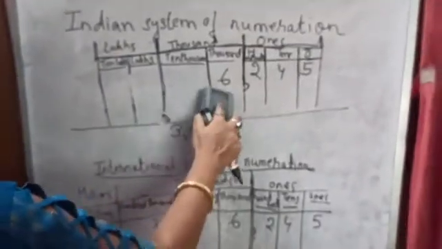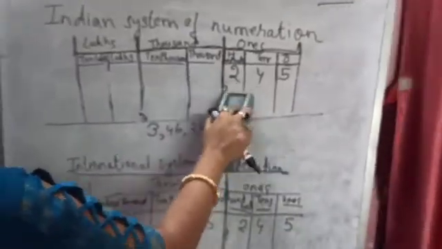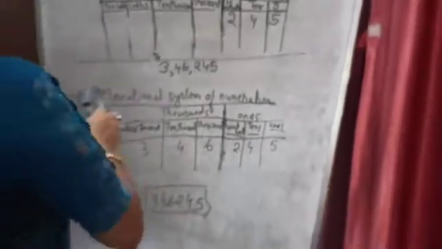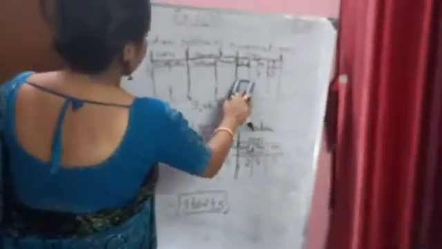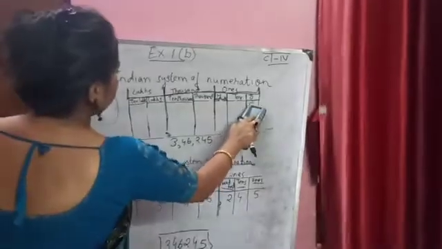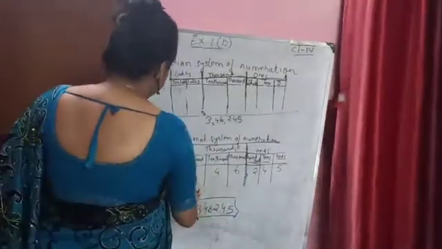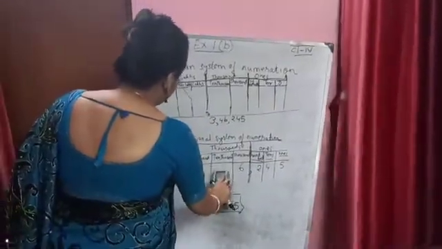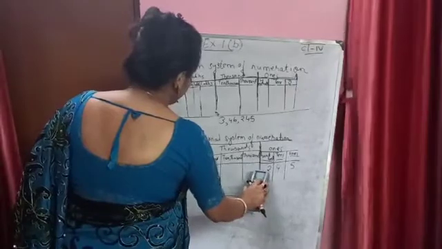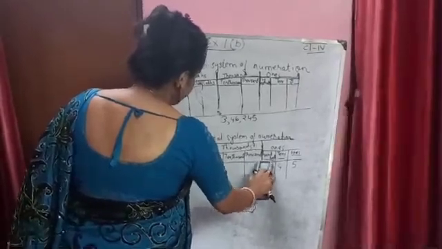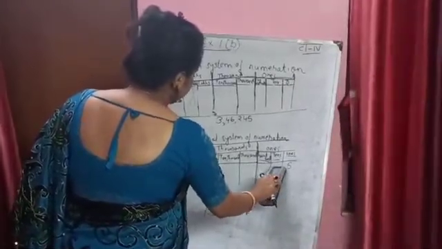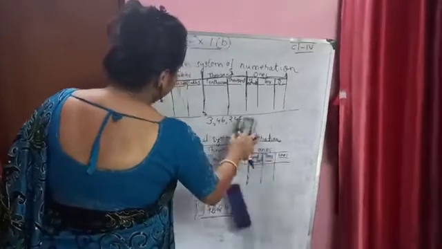Okay, I'll do a few sums with you. Let's see, I'll discuss a few sums with you. I'm rubbing this. I think this concept is clear to my dear children. You can follow me. Okay, then I'm going to the next sum. When I'm teaching you, I'll do the same sum having both the Indian and the international system of numeration. Okay.